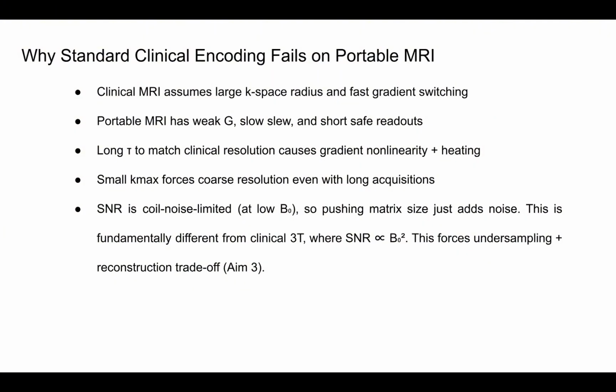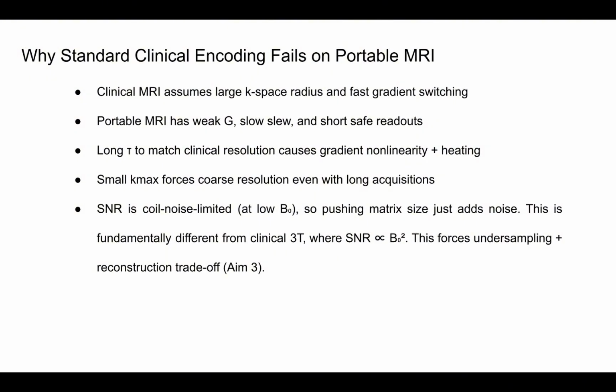Clinical pulse sequences assume large K-space coverage, which requires strong gradients and rapid slew rates. In portable systems, both G and slew are limited by the magnetic design, amplifier, power budget, and coil heating. So if we try to compensate by increasing the readout duration, gradients become nonlinear. The signal dephases and the system overheats. So even though the K-space equation suggests we could improve resolution by making readout longer, in practice we hit hardware